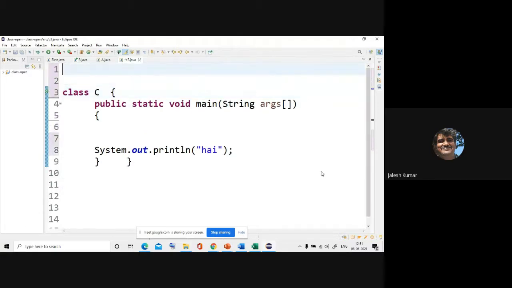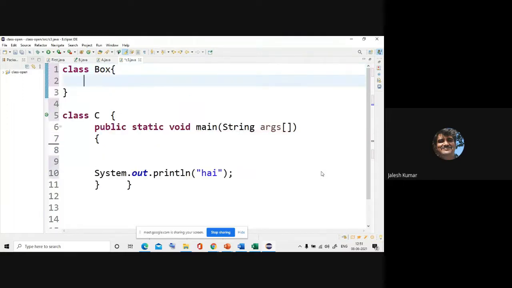I'll write one class, what we written, that itself, class box, and I'll declare three variables, that is double width, height, then depth. Three variables I declare, and I write a usual class. I think it is named as C3.